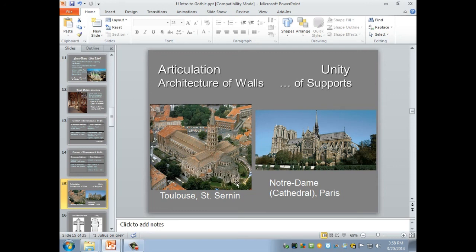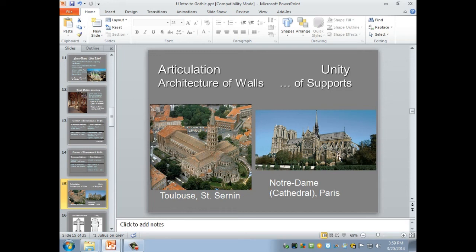You can also see that when you look at the plans, and here I show you a plan of the Romanesque Church of Santiago de Compostela, which very clearly, every little chapel is separate. And you can see the chapels that go around the apse end, the choir now, because it's enlarged, are very clearly separate entities. They look like little U's, kind of upside down on the plan. And you have the echelon chapels, the chapels that are parallel to the nave that come off of the transept. Everything's separate, little modules.